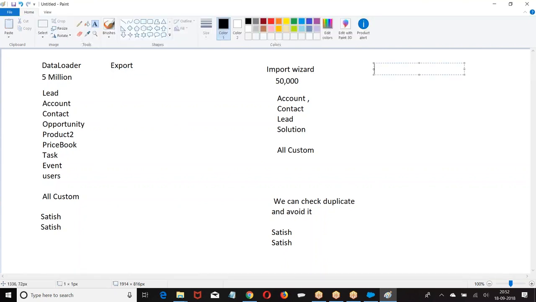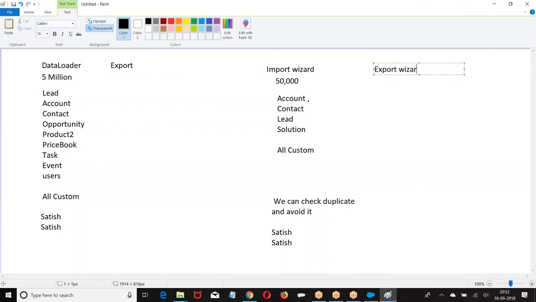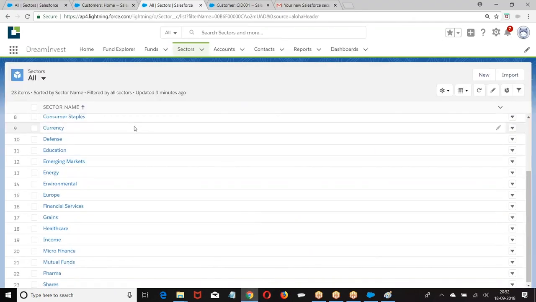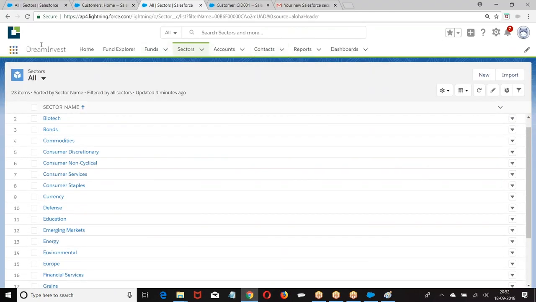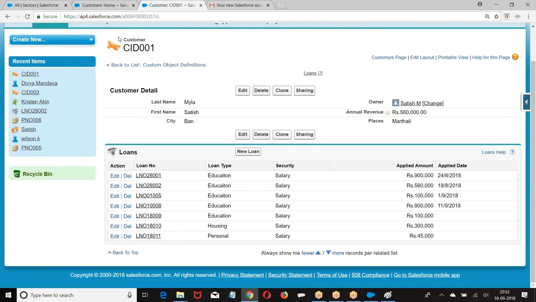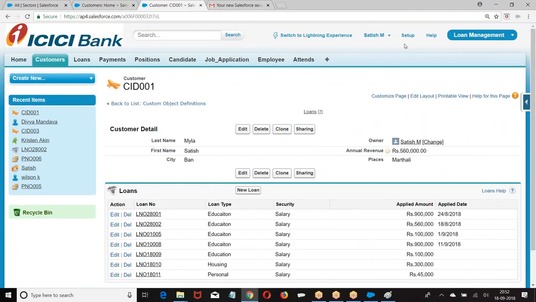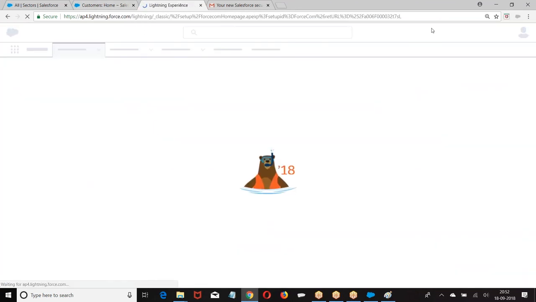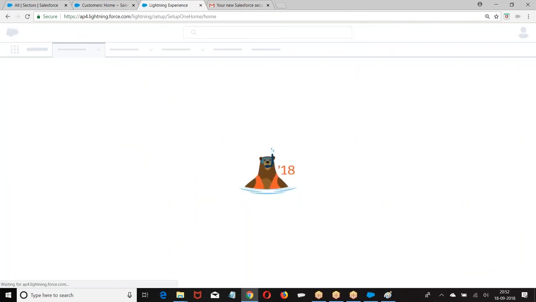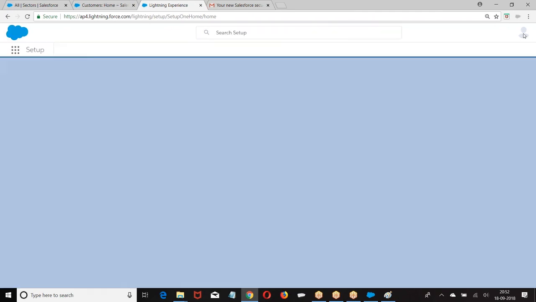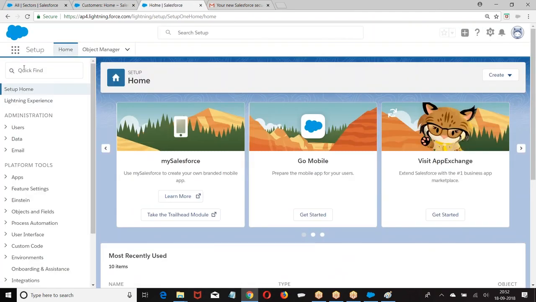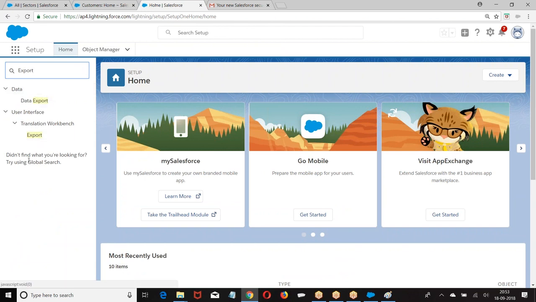We have here export wizard. What is this export wizard? Data export.